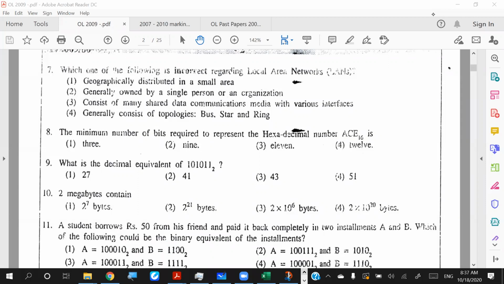Yeah, so if we omit the obvious, we are left with the third, because LAN topologies are the bus, star, and ring. It is generally owned by a single person or an organization, geographically distributed in a small area. Those are concrete answers, so those are correct ones. So the third one is the doubtful. So we can go for the incorrect: consists of many shared communication media with various interfaces. Now, that is also not a very good answer, because if you consider a mesh topology,